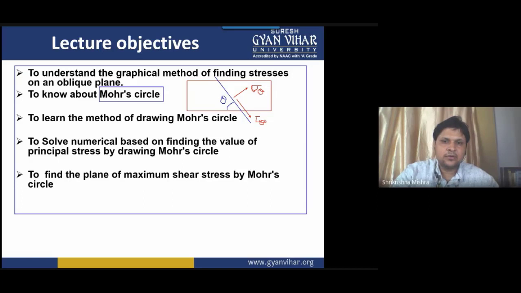So we have already started the calculation of this type of questions with the help of the graphical method. Graphical method means you are using the Mohr circle method, in which you generally draw a Mohr circle. We have solved two cases, and some of the cases are still left.